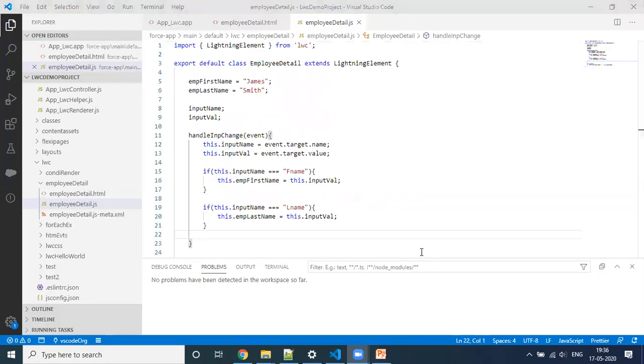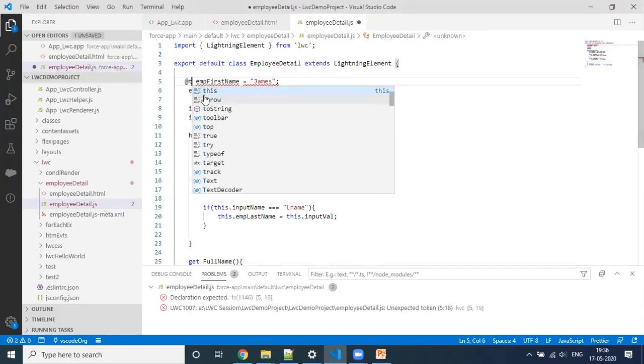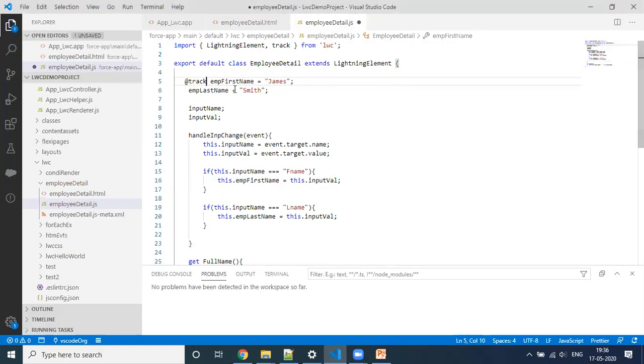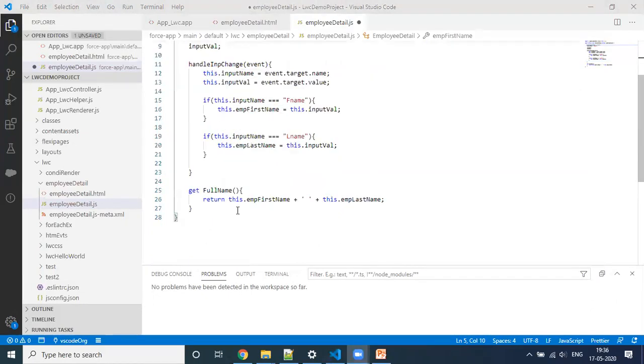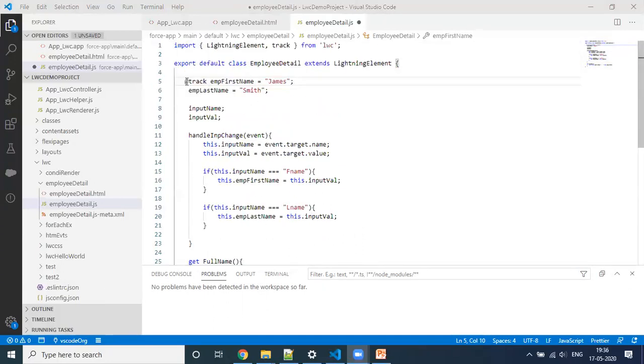Like I said in our earlier presentation, before Spring 20, if you do not define with @track, the value wouldn't be re-rendered. To re-render that value before Spring 20, you have to define it with this @track.